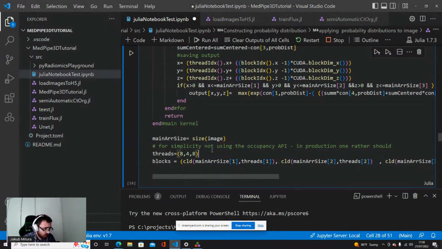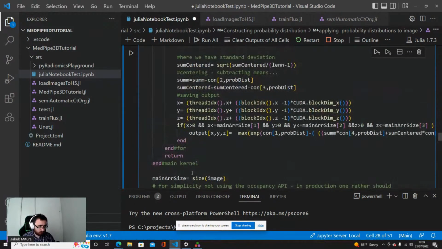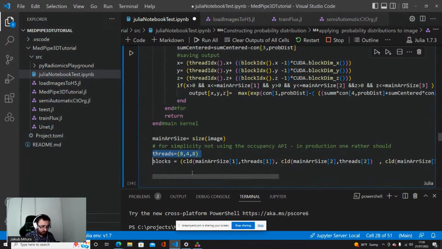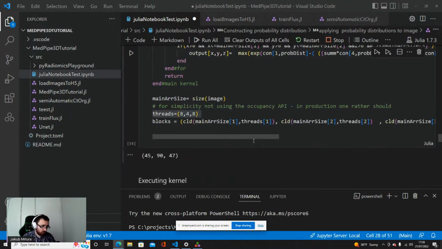What is also important, we need to define how many threads per block we need to execute. This is some technicality, but basically the threads in the GPU are organized in blocks and warps, and all of this needs to be managed during the runtime.